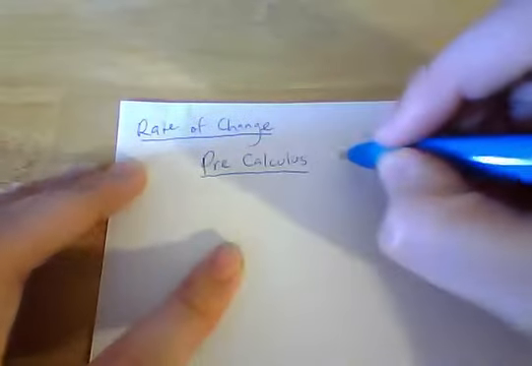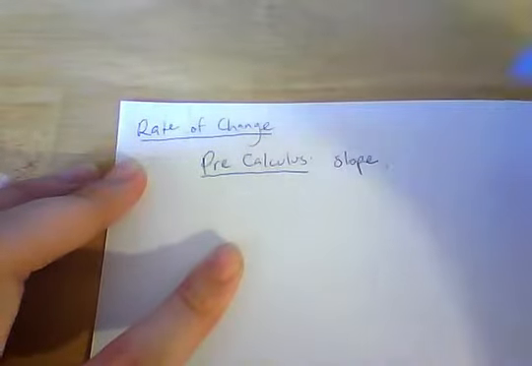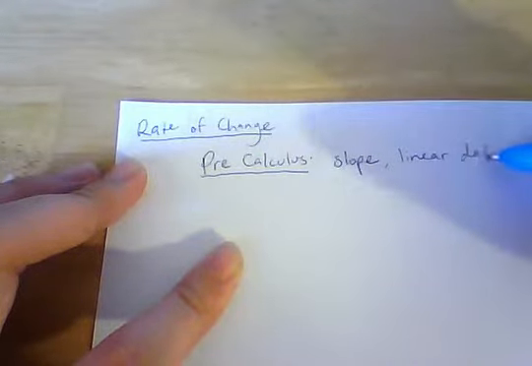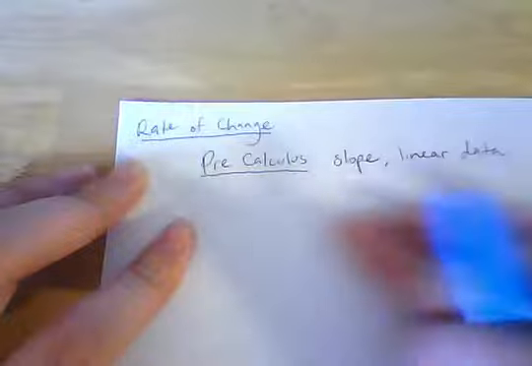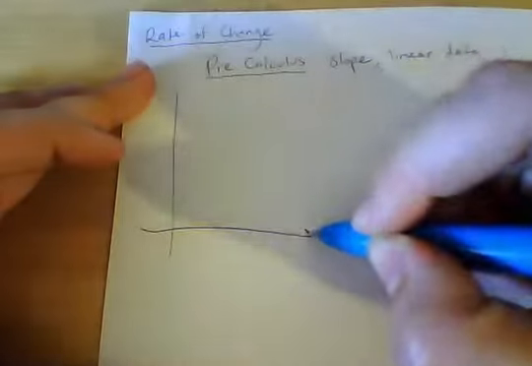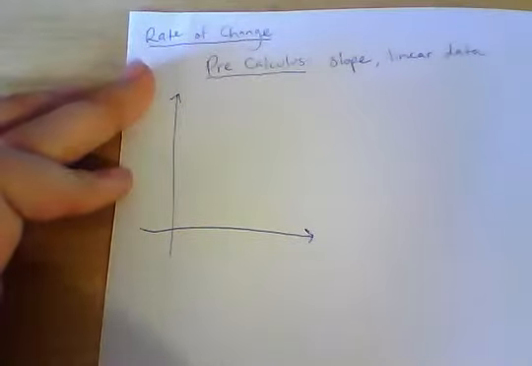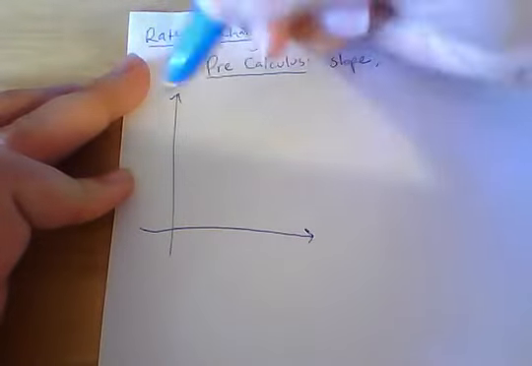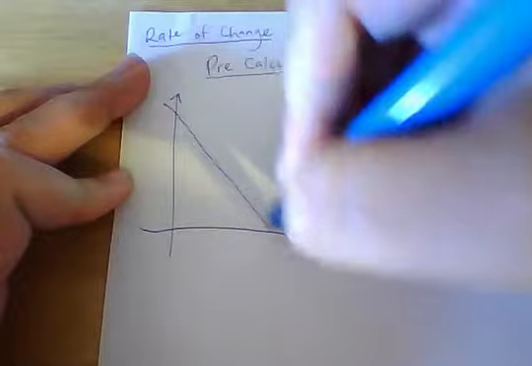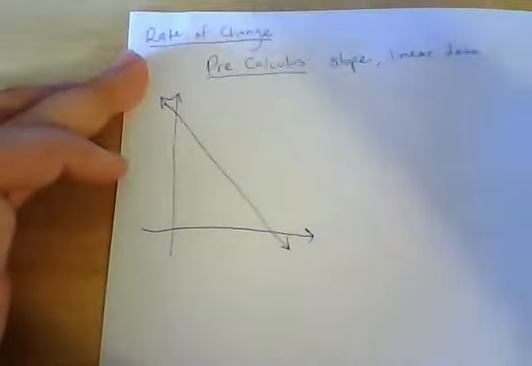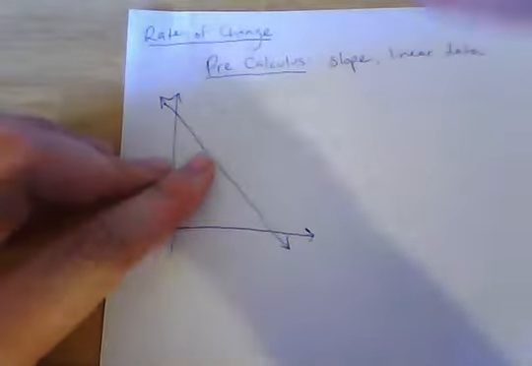We knew it as slope, so you can write that. And also, we only ever dealt with linear data. So, for example, in pre-calculus, we had the following sorts of graphs. We had a coordinate plane, and we would have a set of linear data that would make a line, right? So here's our line, say, of linear data. And we would define rate of change as,